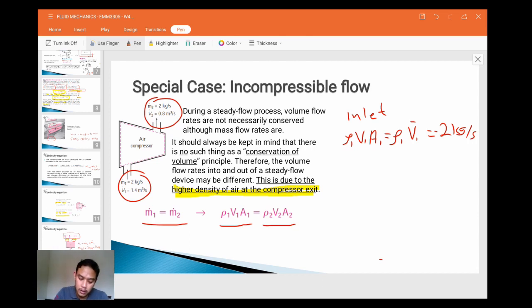So the rho 1 should be equal to 2 kg per second